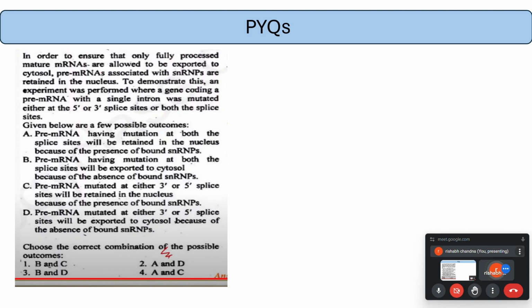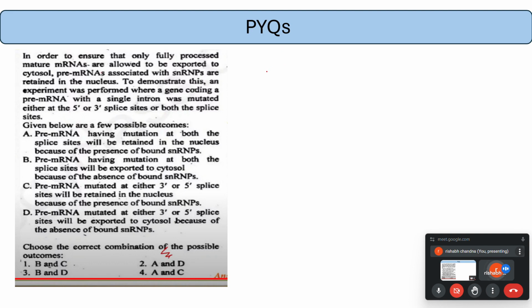In order to ensure that only fully processed mature mRNAs are allowed to be exported to the cytosol, pre-mRNAs associated with the snRNPs are retained in the nucleus. To demonstrate this, an experiment was performed where a gene coding a pre-mRNA with a single intron was mutated either at the 5' or 3' splice site or both the splice sites. Okay, so